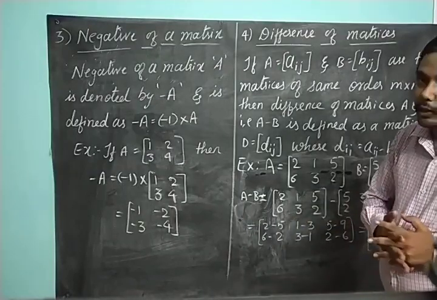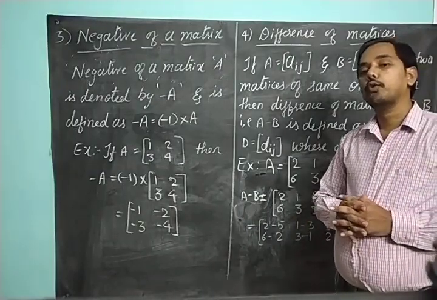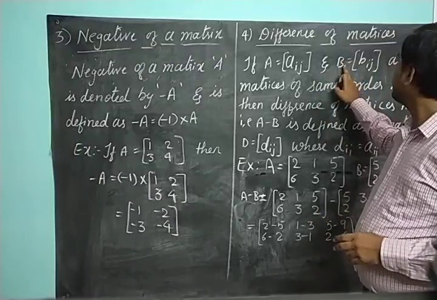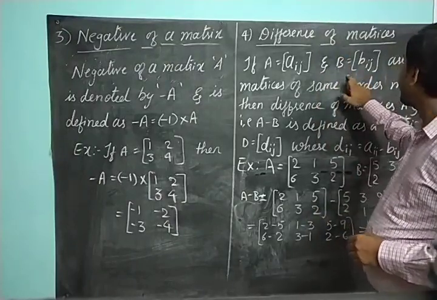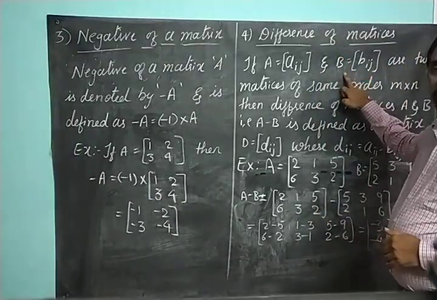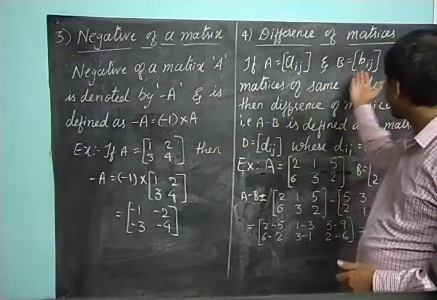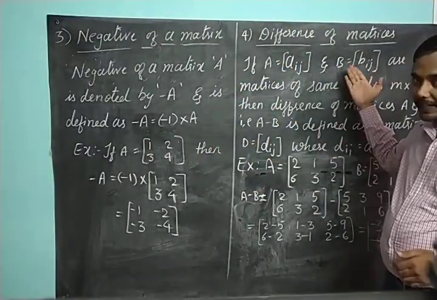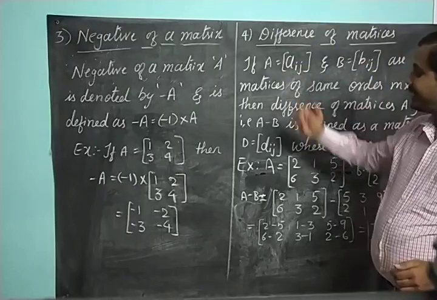Where we have to add two matrices, first, what should we do? For A minus B, if you simply want to do it, you take the negative of these matrices. According to this, whatever matrix B is given, you take the negative of that matrix and add it with A.